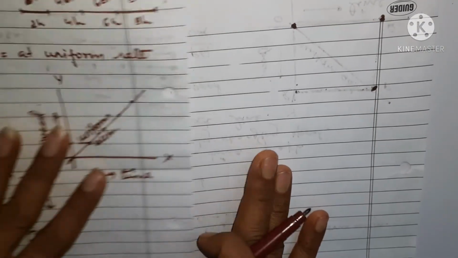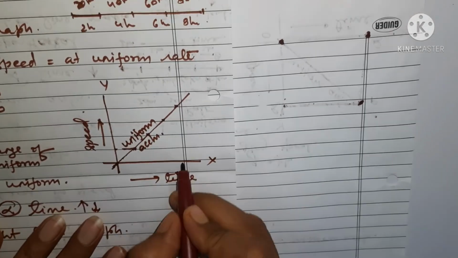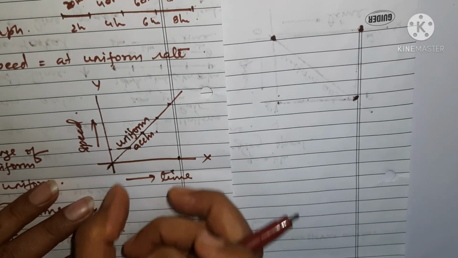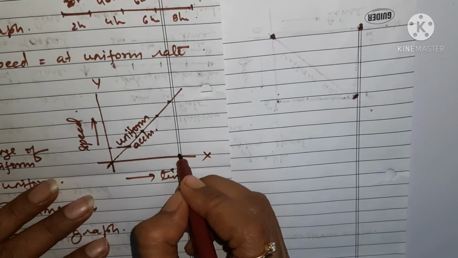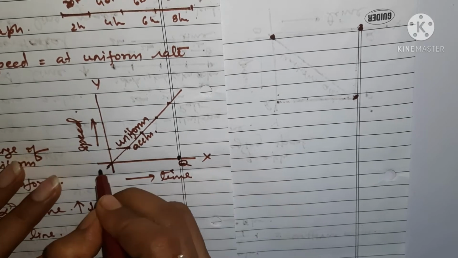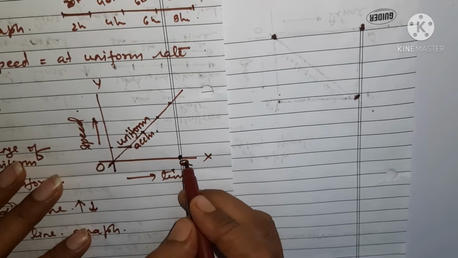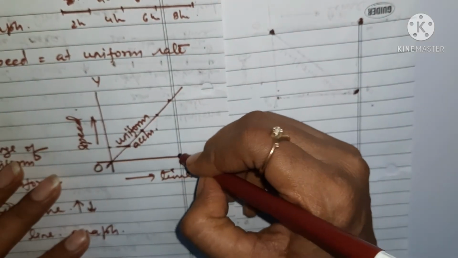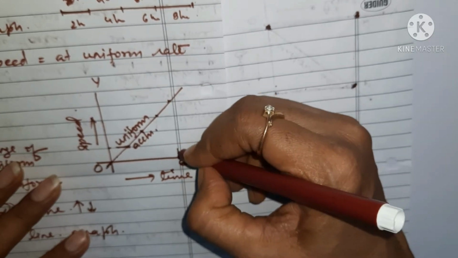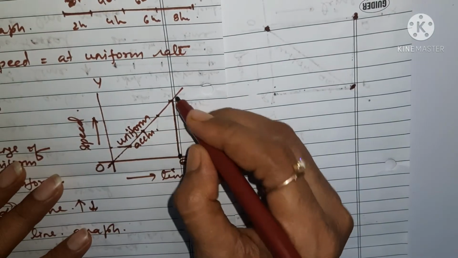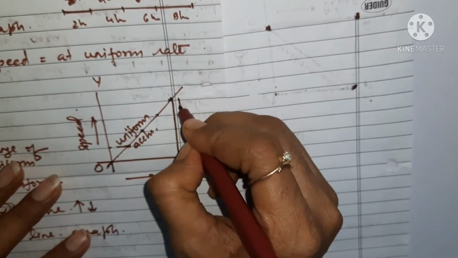Let the point where we want to calculate the acceleration be taken by us, suppose here. After some time we are going to consider a point, say it is here, and let it be Q. If this is O, the origin, let it be Q, and let us draw a perpendicular at Q such that the perpendicular meets this line graph, this acceleration graph, say at point P.